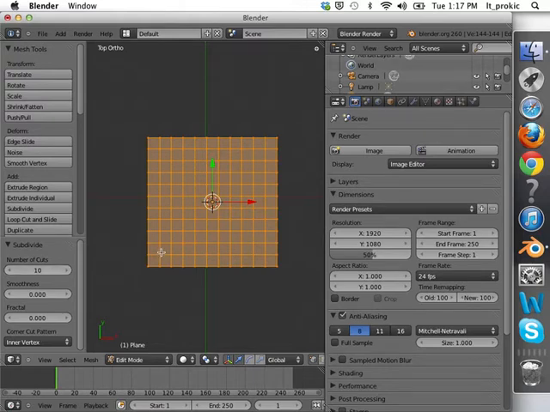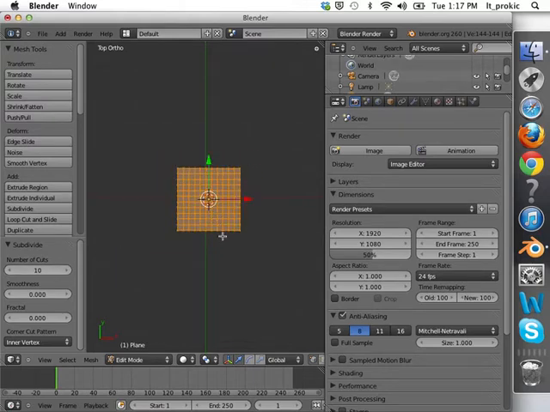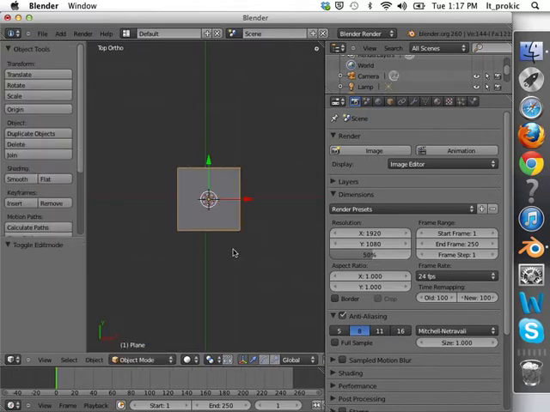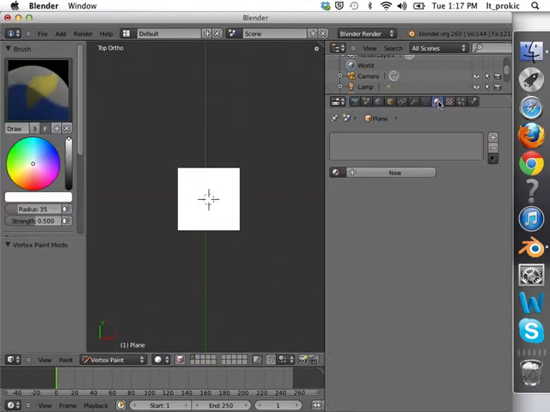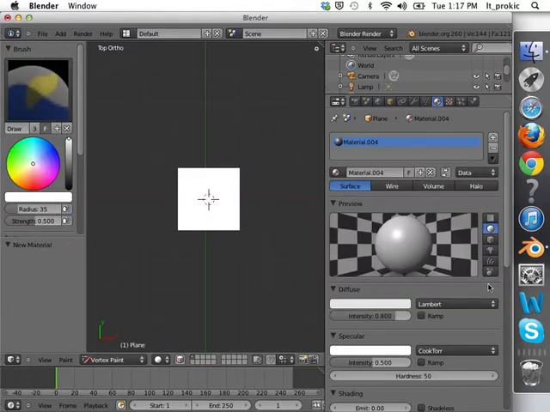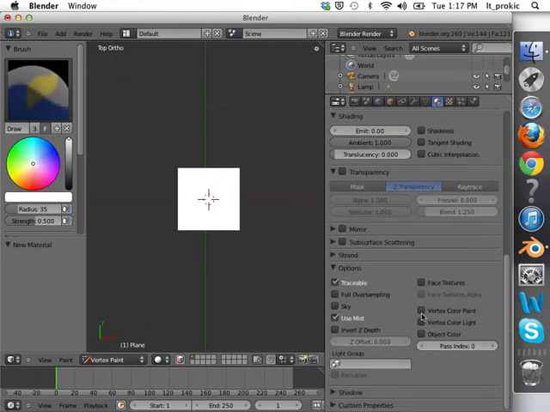So you can have something like this, and hopefully your object will be a little bit more complex than mine. The important step is to go into the vertex paint. Under material, we have to have new, but we're going to mark here, scroll down and say vertex color